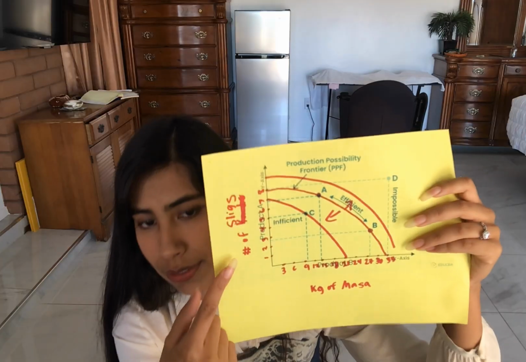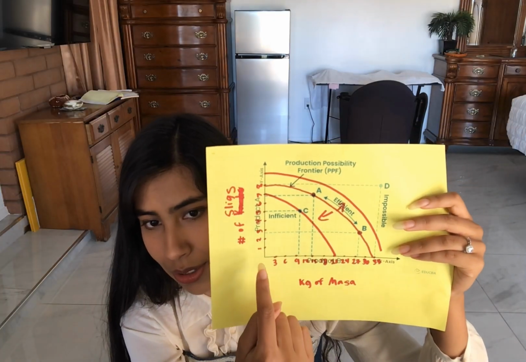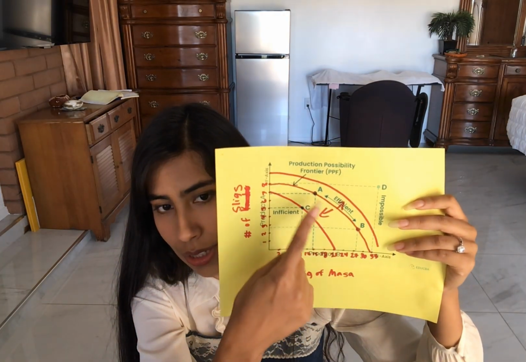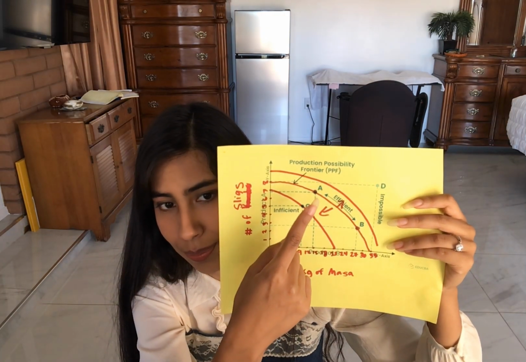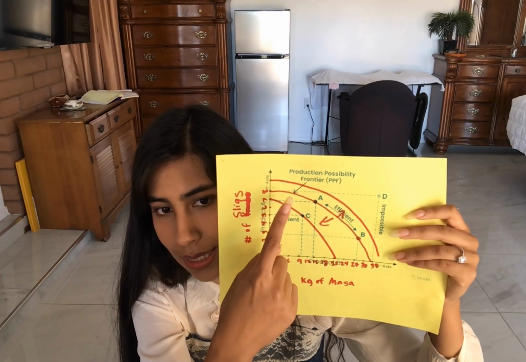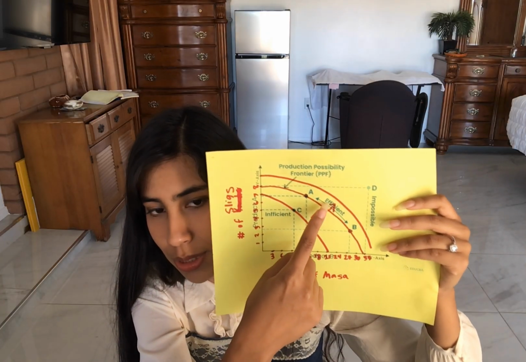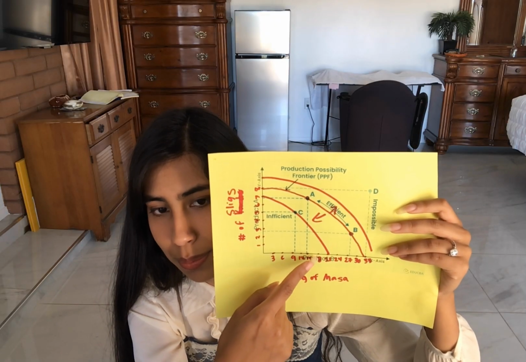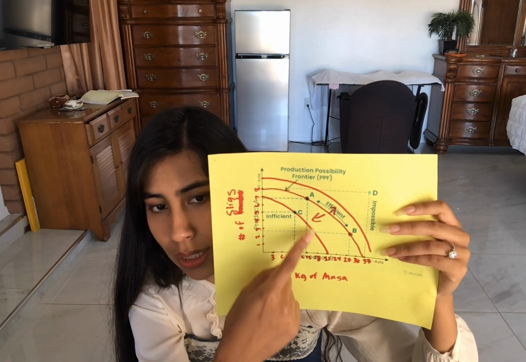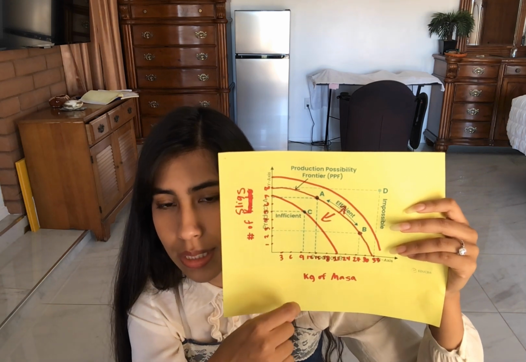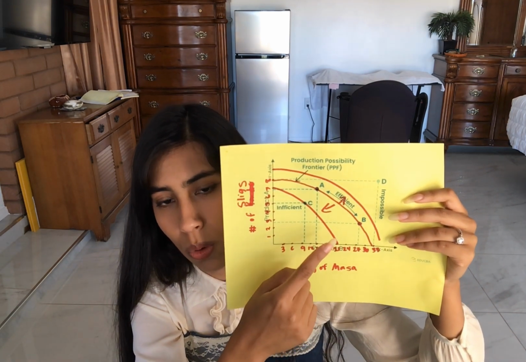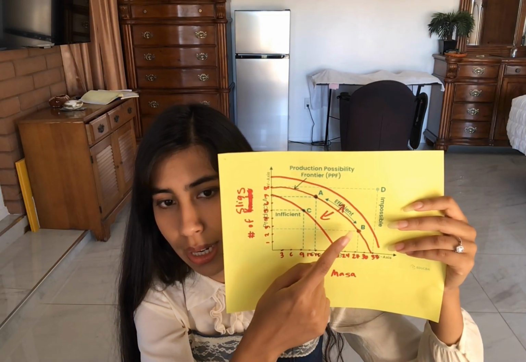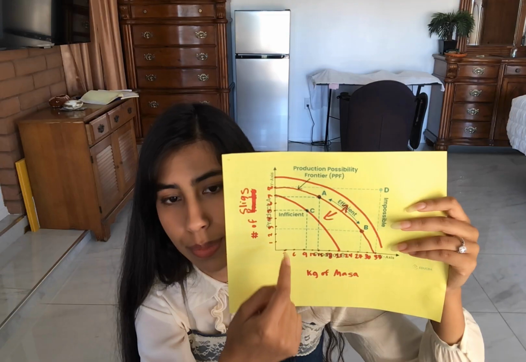So here's my graph, my number of slingshots on the y-axis and my kilograms of dough on the x-axis. And so we're going to focus on the center line for now. As we can see, along this line would be the most efficient blend. For example, if I wanted to do an even split, I could make 20 kilograms and make 6 or 7 slings. Or if I wanted to make more, I could make 30 kilograms and 3 slings,